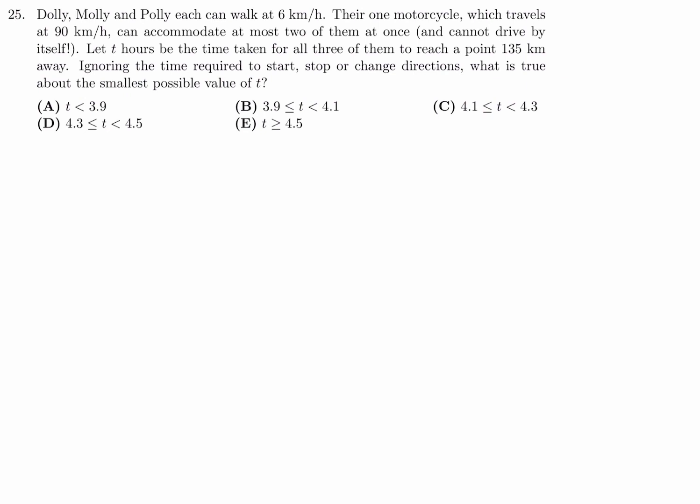Dolly, Molly, and Polly each can walk at 6 kilometers per hour. Their one motorcycle, which travels at 90 kilometers per hour, can accommodate at most 2 of them at once and cannot drive by itself. Let T hours be the time taken for all 3 of them to reach a point 135 kilometers away. Ignoring the time required to start, stop, or change directions, what is true about the smallest possible